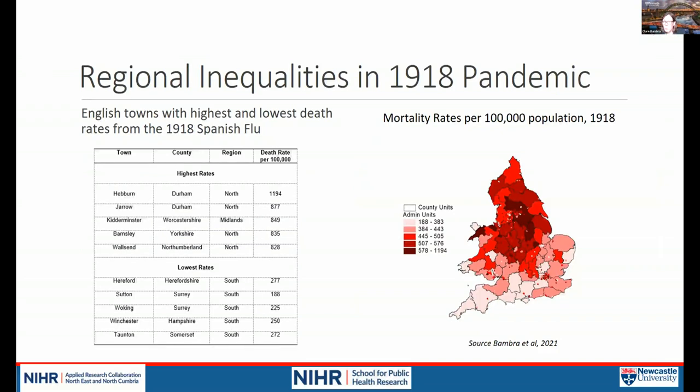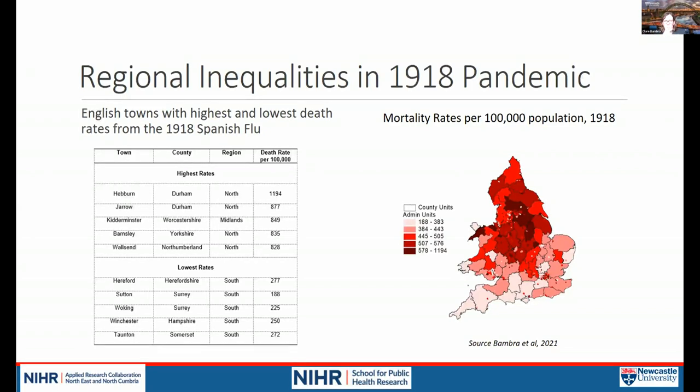1918, and we wanted to look at whether the regional inequalities that we'd found in COVID-19 were also reflected 100 years ago. And what we can see from the mapping that resulted, and this is for crude death rates because that's the data available from the historical record, is that there were very clearly much higher rates in the north, the West Midlands, East Midlands, and over into certain parts of Wales, potentially reflecting urban versus rural, but also perhaps slightly more than that.